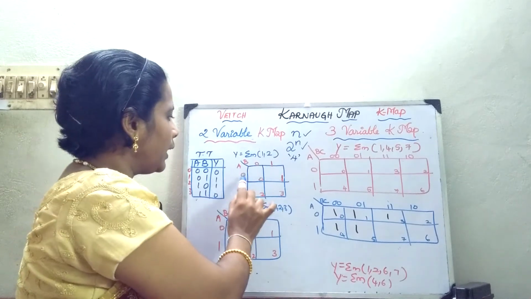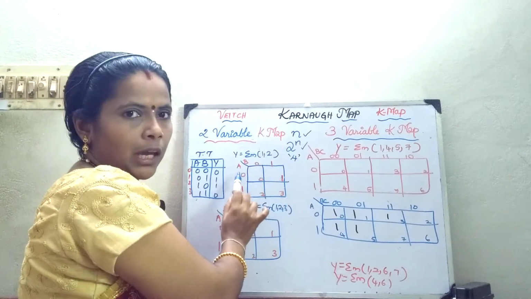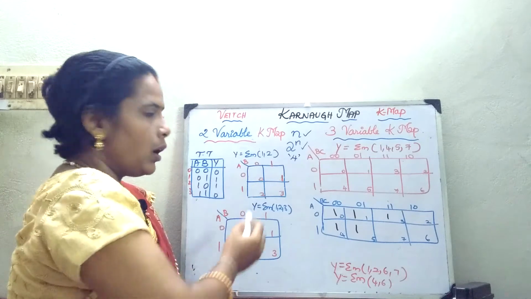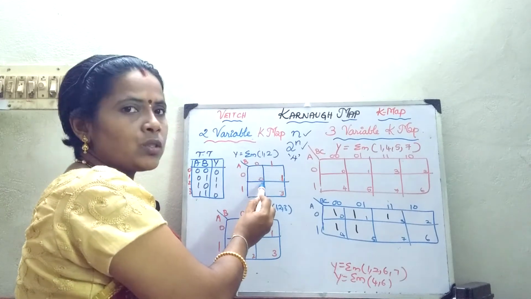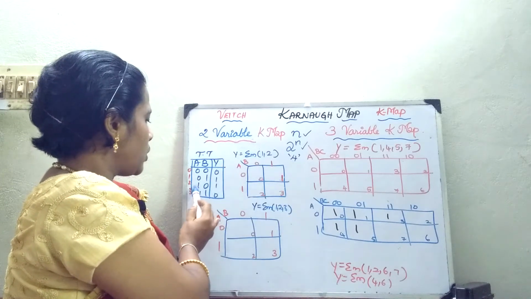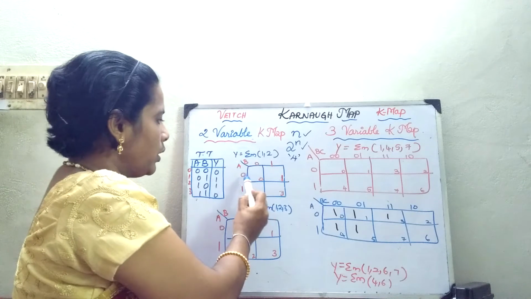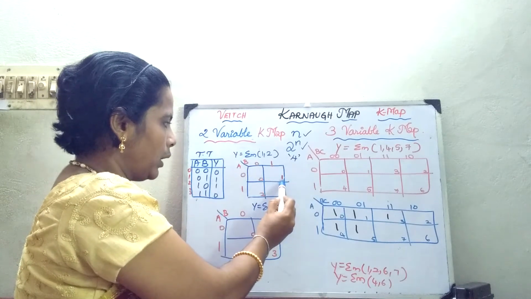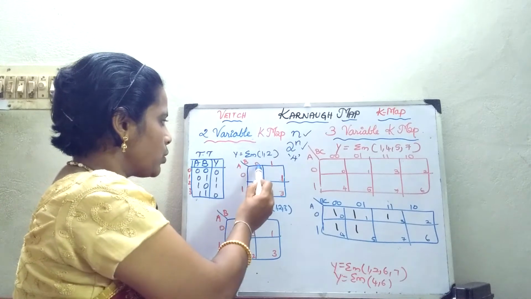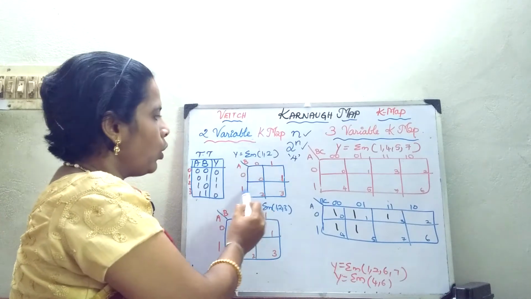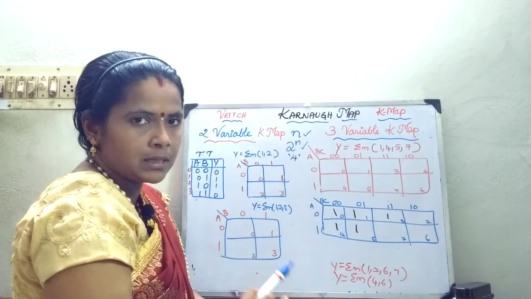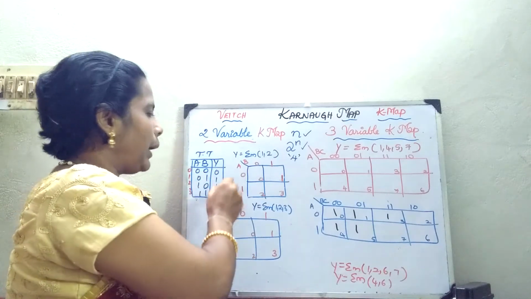Now I have written the outer values. The variable can have only 2 combinations, 0 or 1, so 0 or 1 is written. Now 0, 0 has been written. What is 0, 0? 0, 0 is nothing but 0. 0, 1 is 1, you know. 1, 0 is 2 and 1, 1 is 3. That is what is written, row wise and column wise. 0, 1 is nothing but 1. Then coming to the row 1, 0: 1, 0 is nothing but 2. 1, 1 means 3.